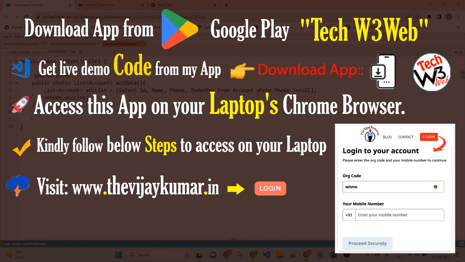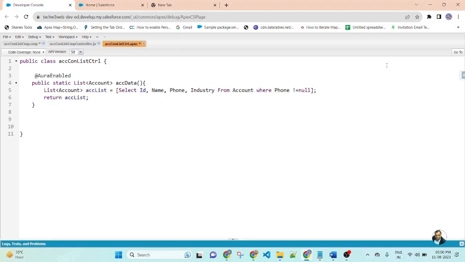I will create another method so that whenever the user clicks on the button, the related list of contacts based on the account ID will display. So on button click, I will use another method. Here I will use AuraEnabled. Here I will create a SOQL query, so public static List of Account.